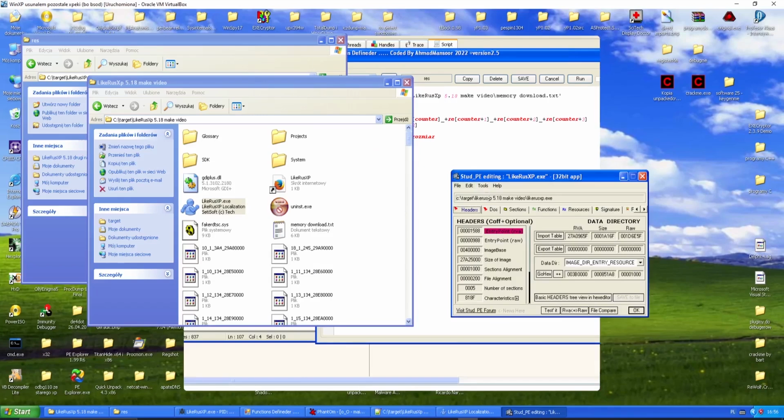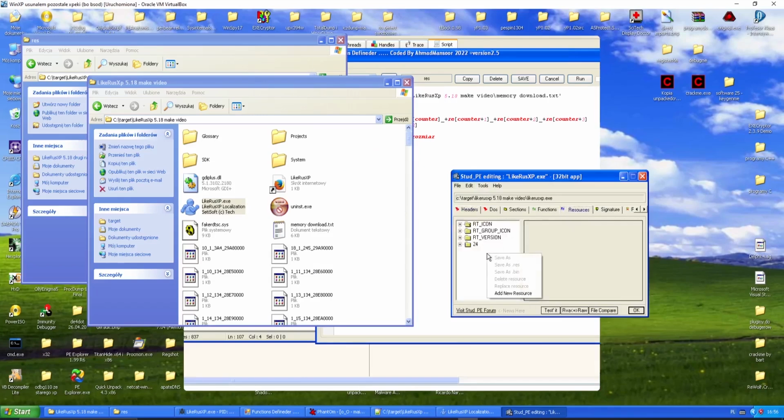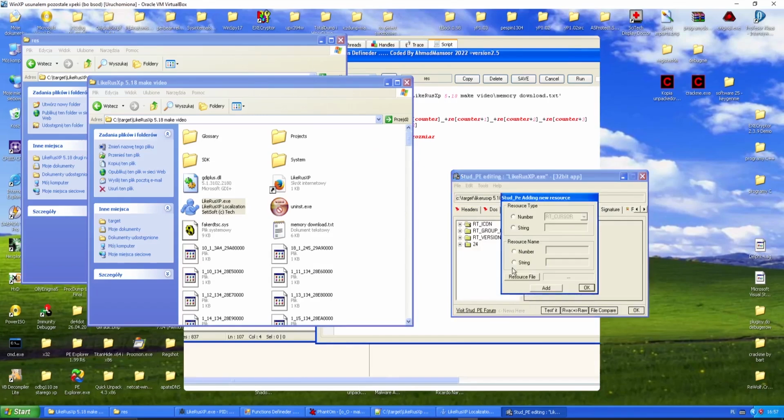Resources, add new resources, and here we have to write a number, which is the first one. This number is the type of resource. This is type. Then